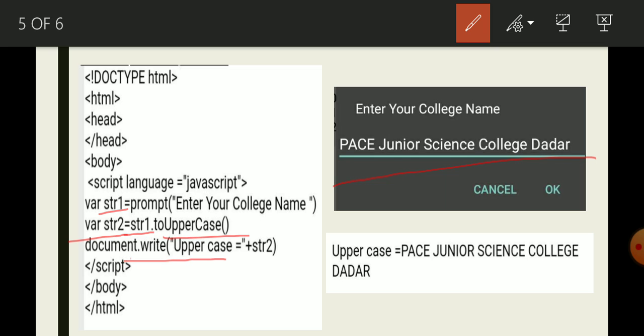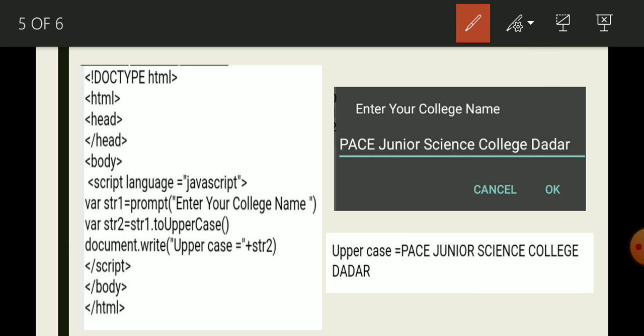In this example, Pace Junior Science College, Dadar, is a combination of lowercase and uppercase, and after applying the toUpperCase function, the output is all in capital letters.